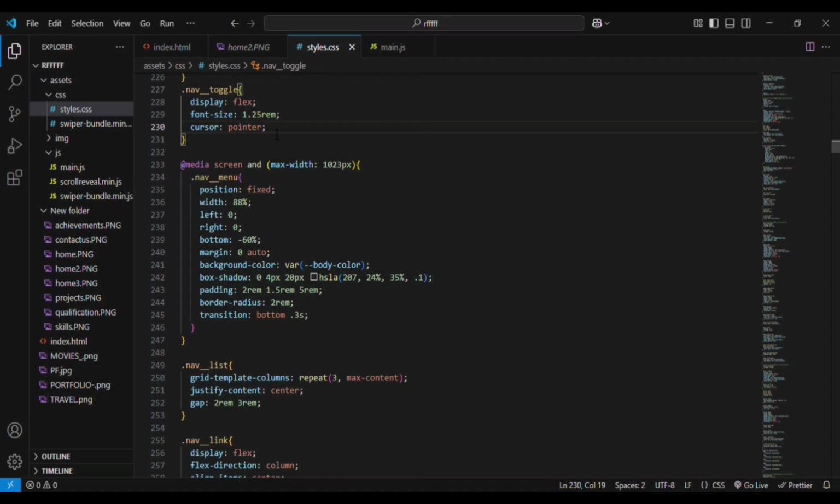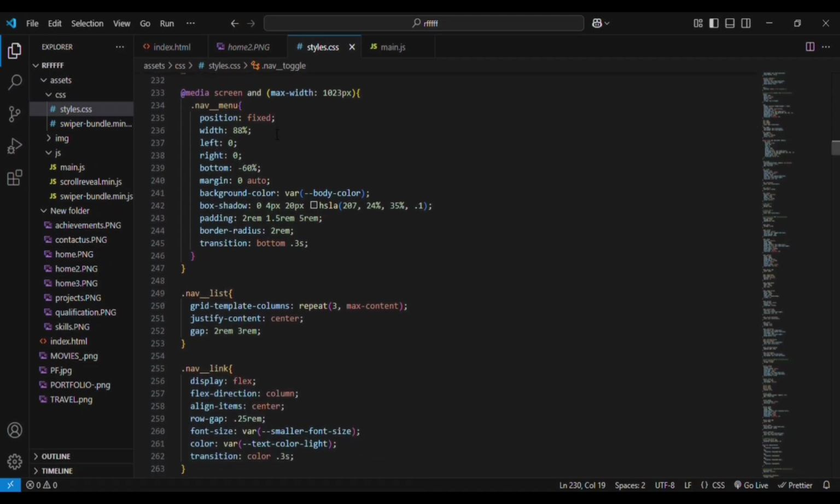Then we have the media screen with max width of 1023 pixels. So for device screens below the 1023 pixel value, only these values will apply. That is nothing but responsive web design. This is a very important topic in web development. So for the nav menu, we want the nav menu to be displayed in the mobile version, right? In the mobile version you don't have a lot of space like in the desktop version. We only have a small space. So what we are doing,